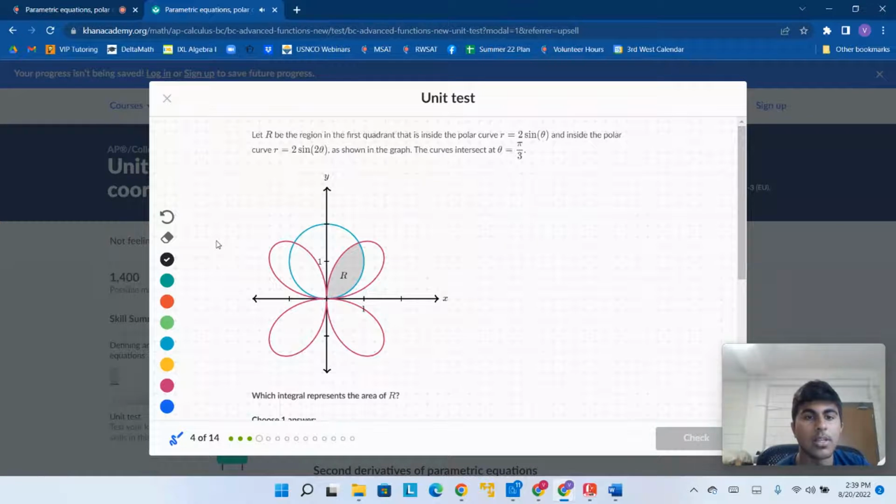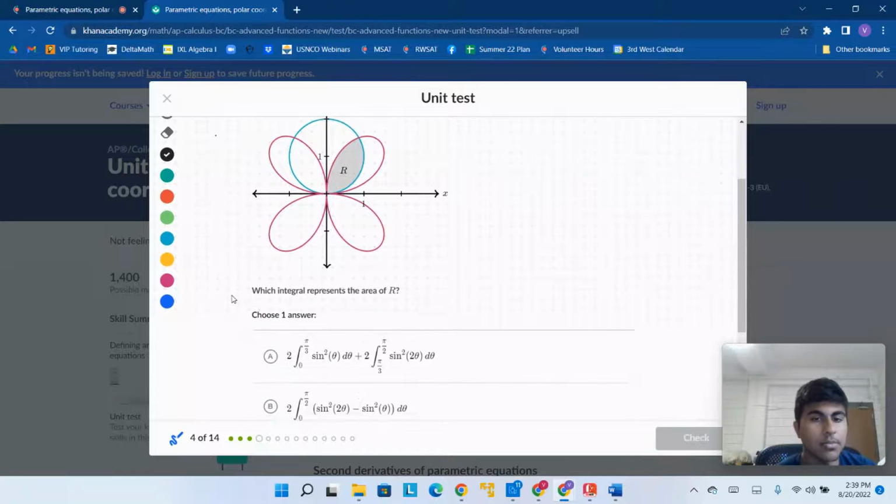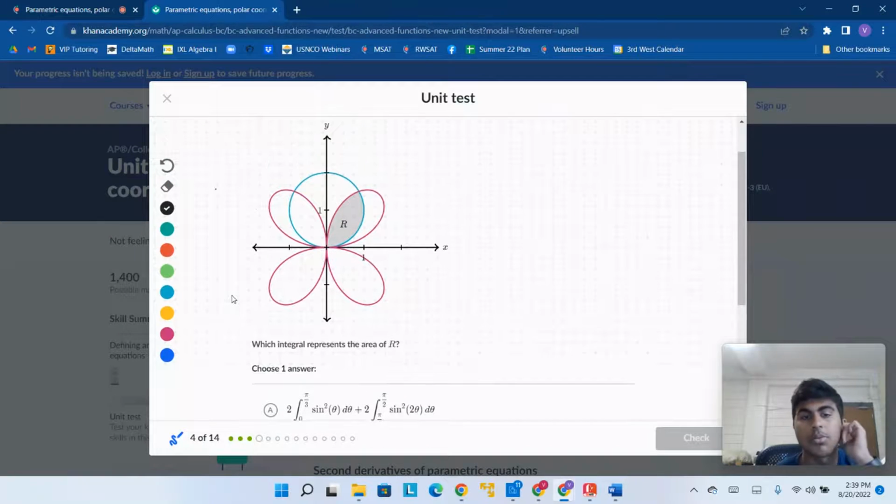Let R be the region in the first quadrant that is inside the polar curve r equals 2 sine theta and inside the polar curve r equals 2 sine 2 theta, as shown in the graph. The curves intersect at theta equals pi over 3. Which integral represents the area of R? Alright, let's see what we have here. So if you draw a line from here to here,